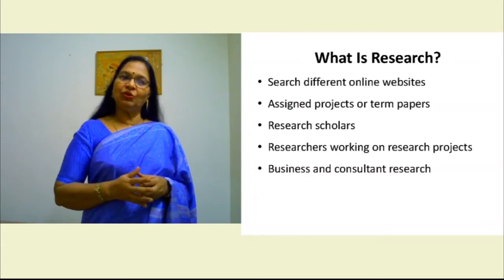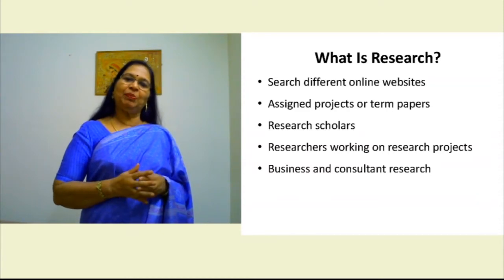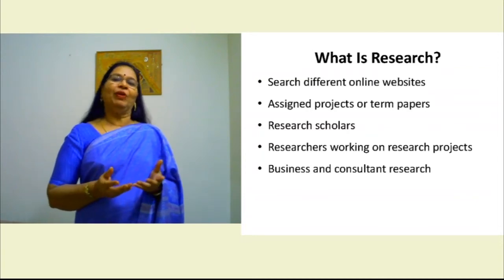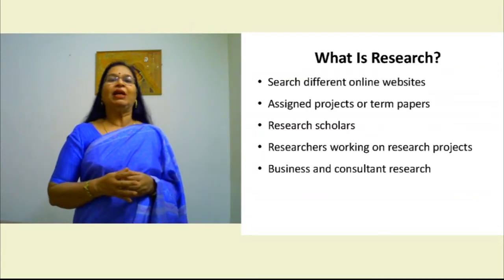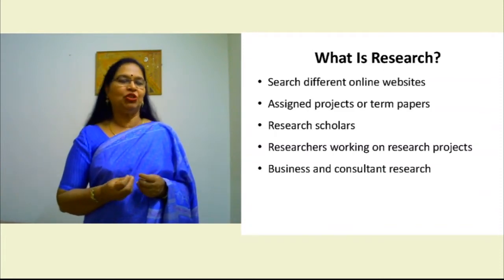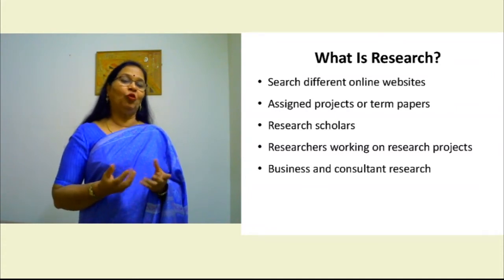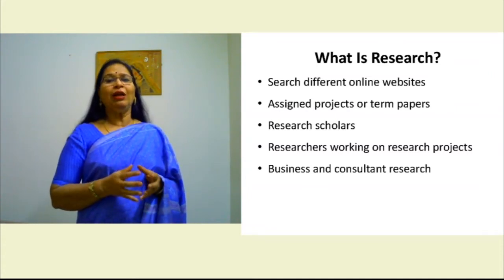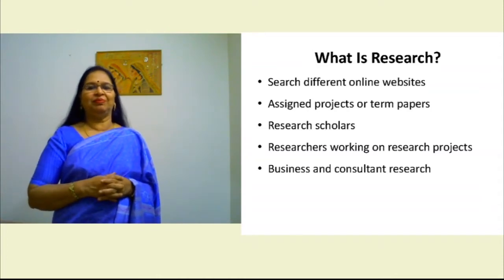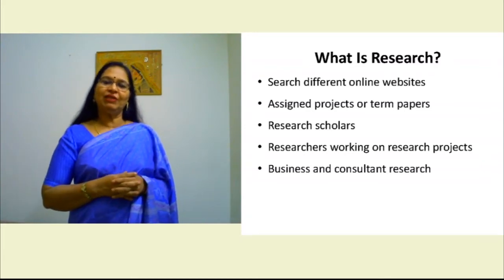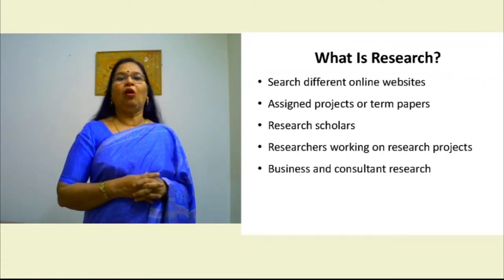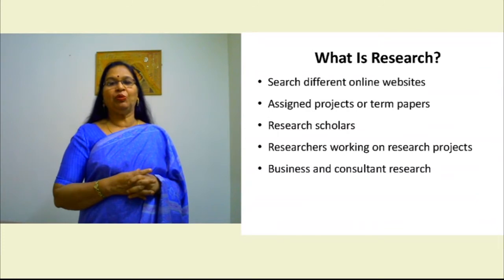So the research scholars who are pursuing the PhD program, they carry on research work, but that is at a different level that can take 4 to 5 years to complete the project. Whereas a dissertation at a college level, postgraduate level, might give you a few months, 4 months or 5 months. Or it is a term paper, you have a term to complete that research paper. Then you also have research conducted by professional researchers who take up research projects of international and national repute, also of the state governments.